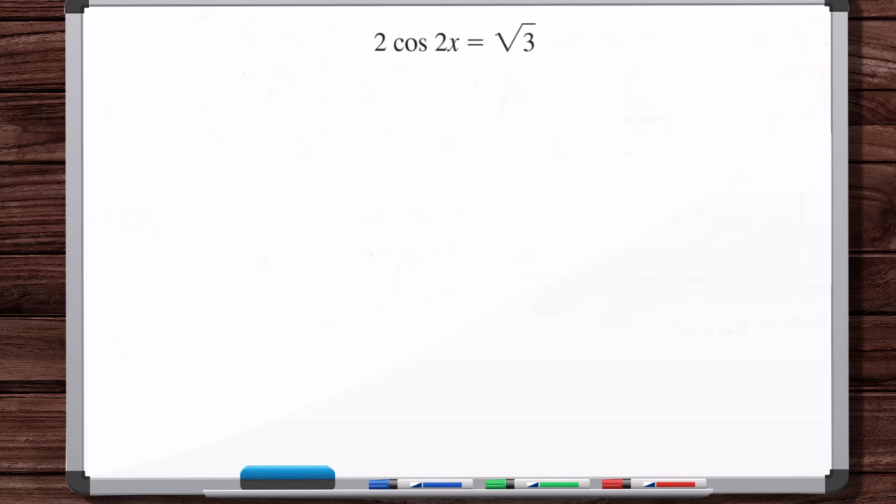In this video, we're going to solve trigonometric equations where each equation contains one or more trig functions where the argument is not just a simple x. Like here, it's not cosine of x, but it's cosine of 2x. Okay, now before we get started, I want to point out that all of the trig equations that we've solved